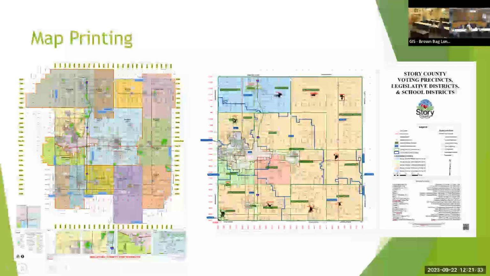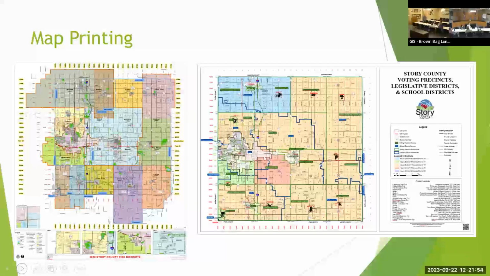So just a couple examples of maps that I've printed. On the left-hand side, those are the fire district boundaries and a lot of other information. Those are in our dispatch office. And then on the right is just voting precincts. A lot of parties, a lot of candidates will buy those, so they can see where the voting boundaries are. But yeah, we can also make those PDFs as well. Everything's hand placed and gets exactly how you want it to look. You can make it a PDF so that people can use it that way as well. So let's go to the next slide.